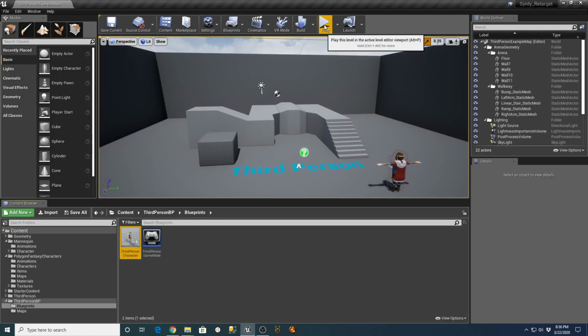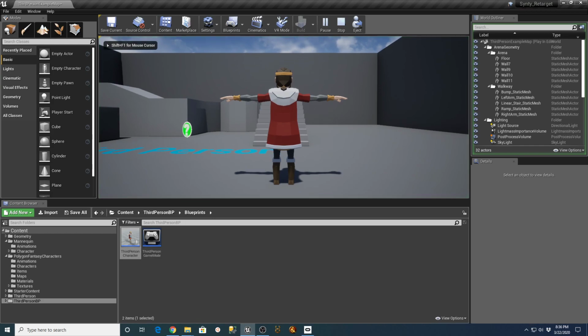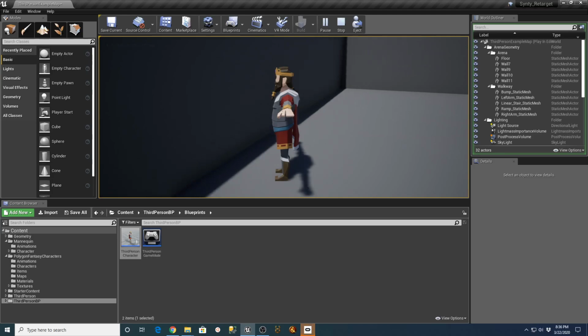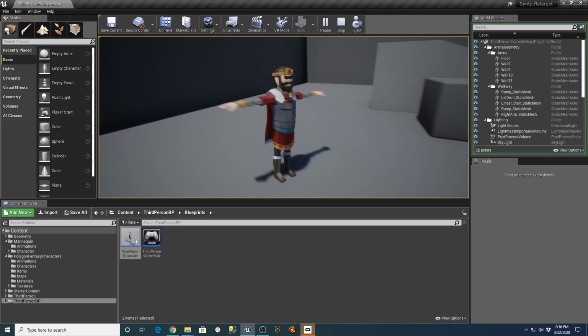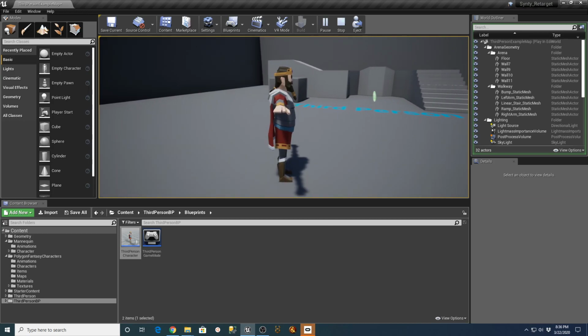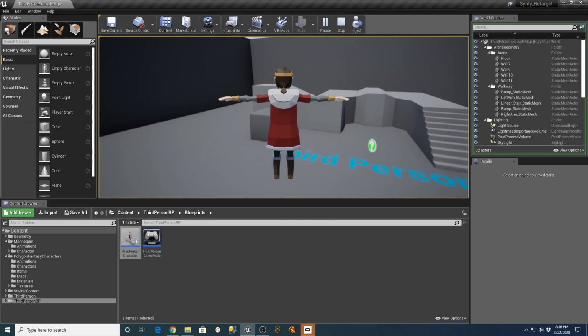you'll see there are characters out here, and if I hit play, I don't even know if he'll move around. He might move around because we're actually moving the controller. Let's see. Yeah, so we can glide around and jump, but he's not going to play any of the animations that go along with him. Okay, which is okay. Whoa. All right. Maybe you want to create a game where you have a king glider.